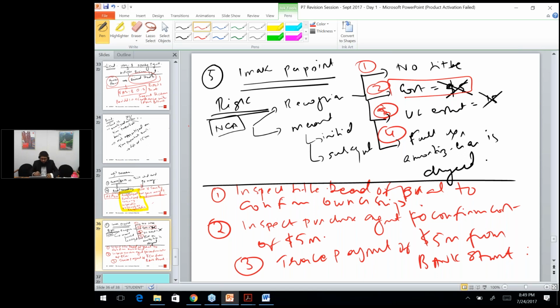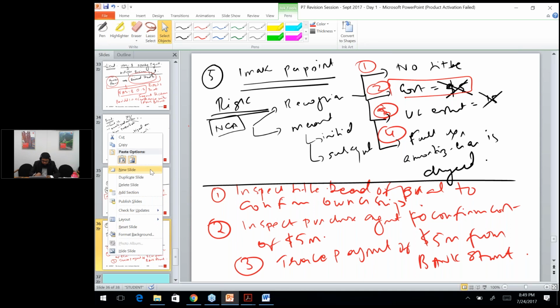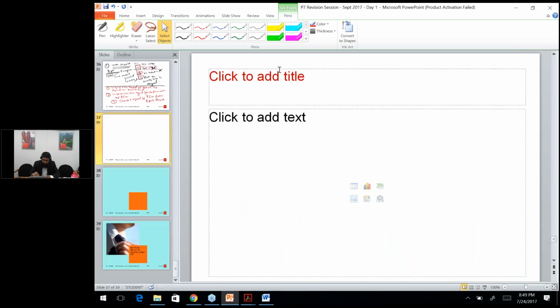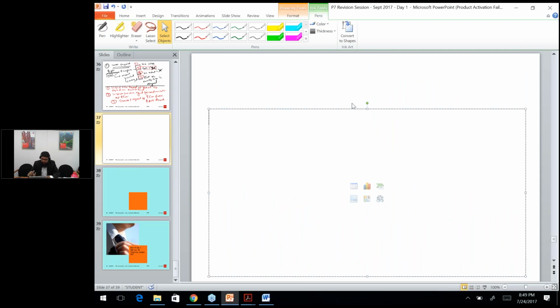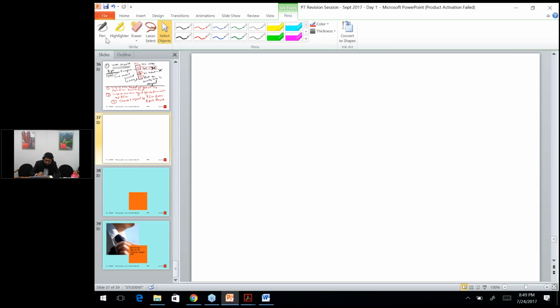You could perform the procedure of obtaining written representation. Usually whenever estimates are involved, one of the best audit procedures is to obtain written representation from management